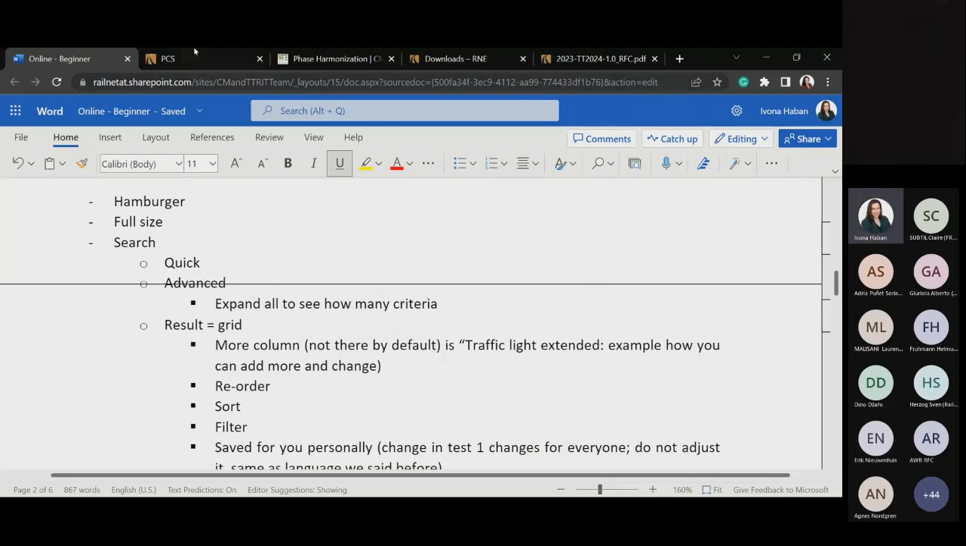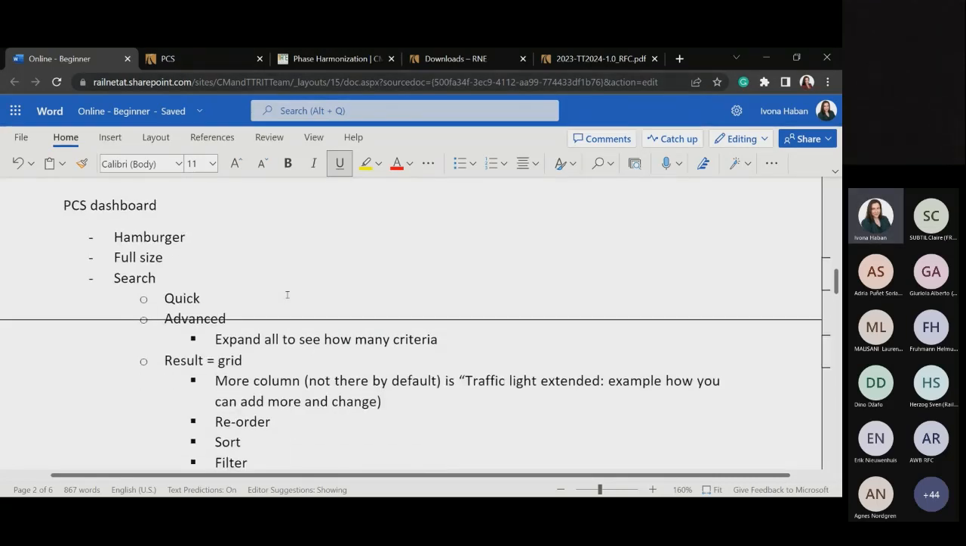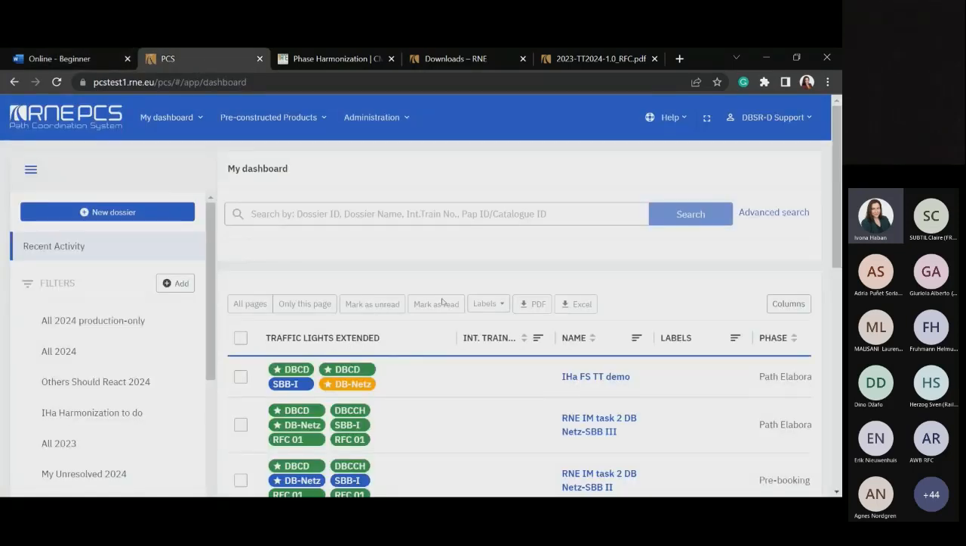Okay, now we are going to go back to the PCS and teach you what you can work with after the creation of your dossier. So first of all, I said that this is the main dashboard that opens upon logging in. Dashboard first is providing you the option to search quickly for some information that you can approach already from one-liner,